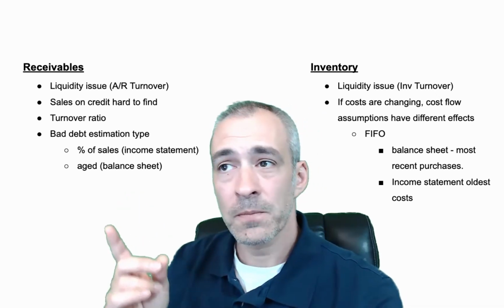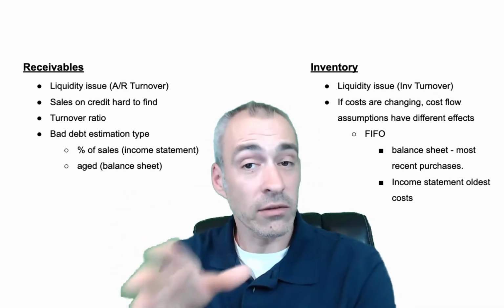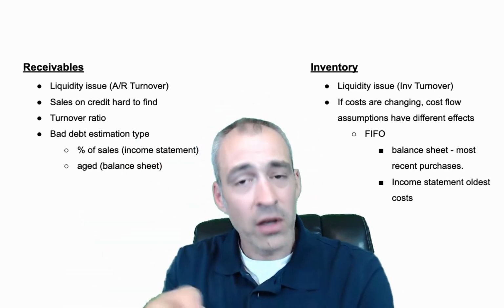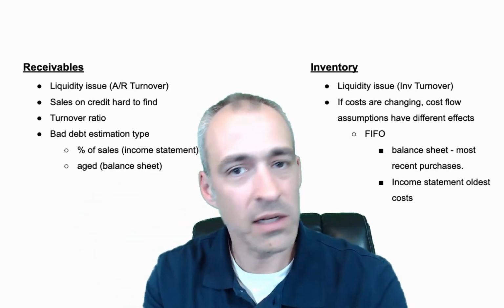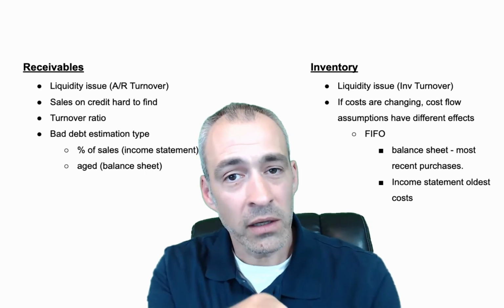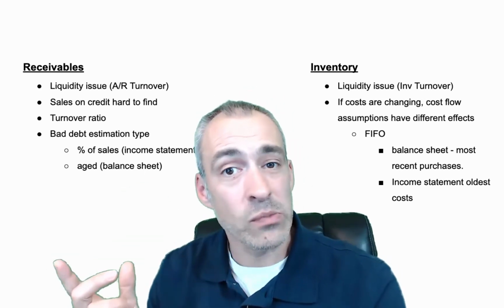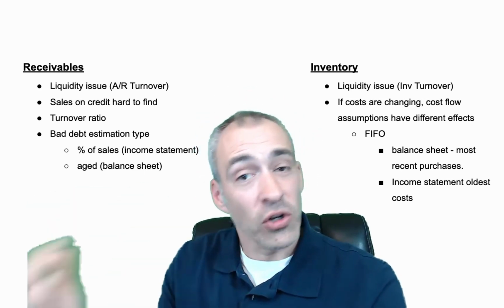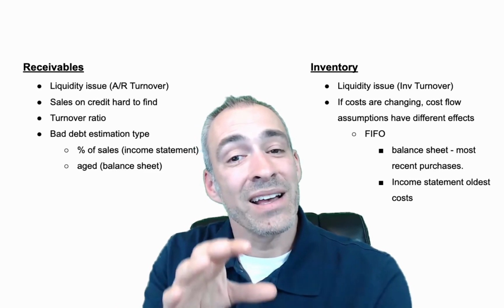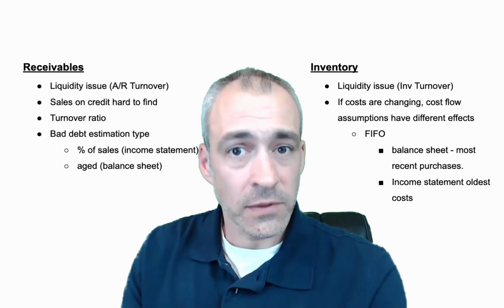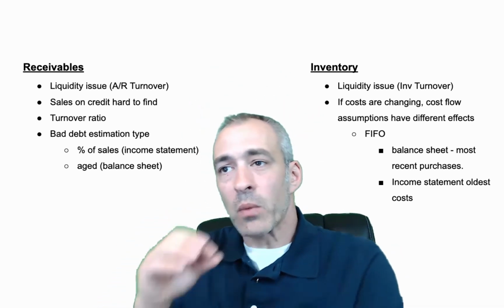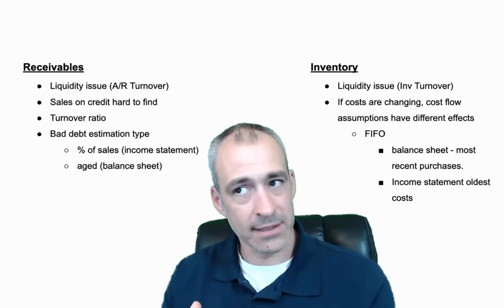Next, receivables. Obviously, the more you turn your receivables over, the more you can get your hands on your money. Because remember, accounts receivable or notes receivable, any type of receivable, is your money for paying your bills in somebody else's bank account. So the faster you turn over receivables, the less difficult it's going to be for you to get your hands on that money, especially in times when you really need it. But when you're in a moment like this,